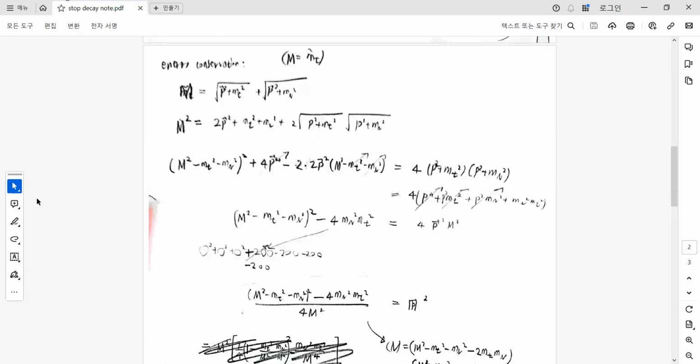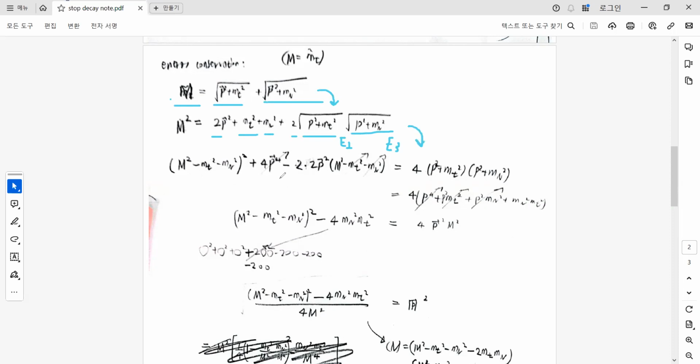So let's consider this energy conservation here. There's M and E2 and E3, and by squaring both sides, there are the p squared, mt squared, and mn squared, and the square root of p squared plus mt squared, which is E2, and the square root of p squared plus mn squared, which is E3. And by squaring again,